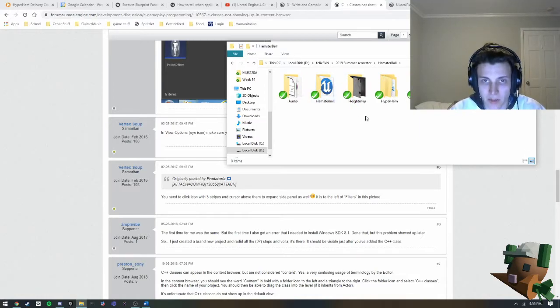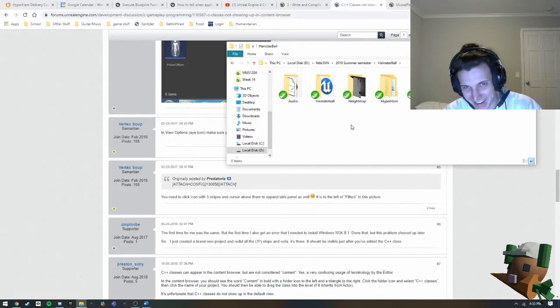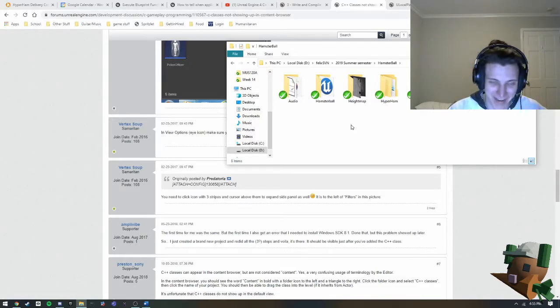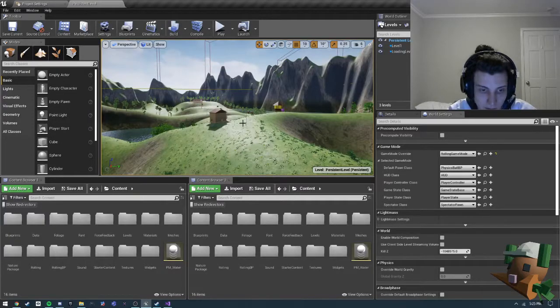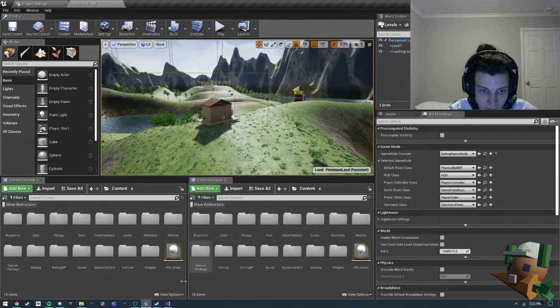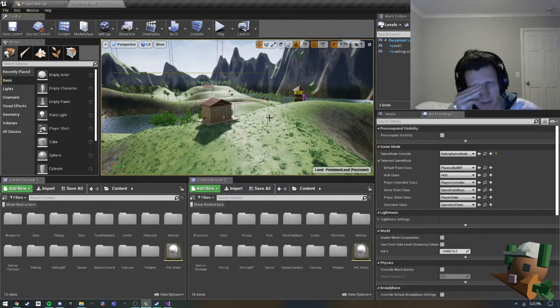So I'm gonna try to do that, and yeah, this whole C++ conversion thing has been kind of a nightmare, but hopefully I'll at least be able to do the C++ and see it working in Engine soon, and then we can figure out how to get the whole minimize thing working from there. Because I've tried a bunch of different things in Visual Studio and all this stuff, and I haven't had any success. What I'm gonna try to do is